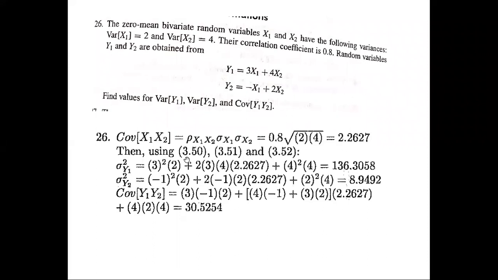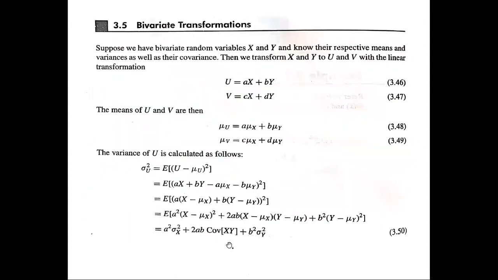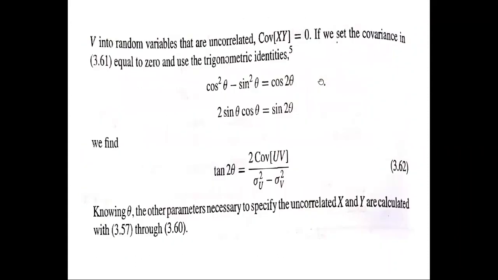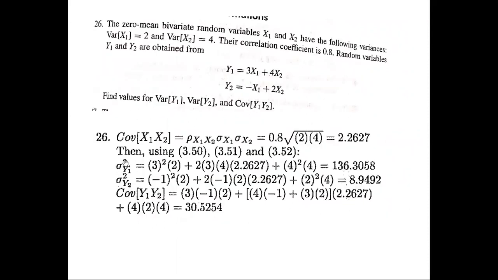Then using 3.50, 3.51 and 3.52, which are three different equations here, we can find the values of sigma y1 squared, sigma y2 squared, and covariance of y1, y2. Please remember that earlier we had x and y, but now we have x